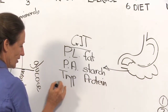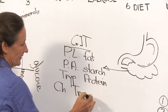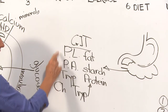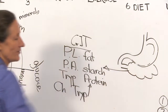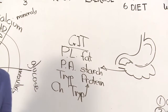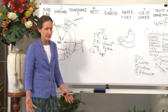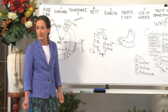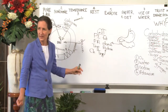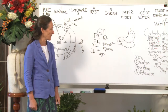And chymotrypsin also does the breakdown of protein. So this is 1, 2, 3, 4 enzymes released from the pancreas that finalise digestion. Most people don't realise that the pancreas is probably the main organ of digestion. When people die of pancreatic cancer, they usually die of malnutrition because they haven't got the final breakdown of their food, so their food can't get out of their gastrointestinal tract and into their blood, so they basically die of